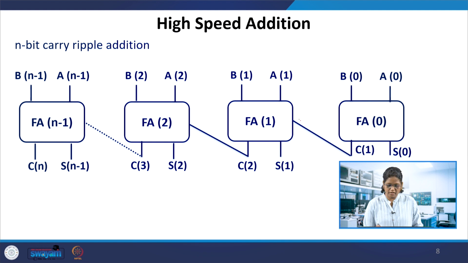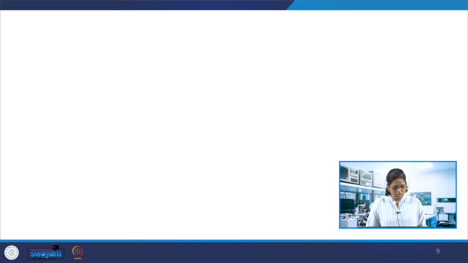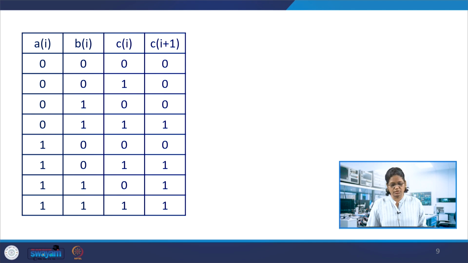After one carry is generated, the sum can be found, but the carry needs to be added and passed along. So how do we make this a high speed addition? It requires n steps, right? Instead of that, can we do this in a few steps?